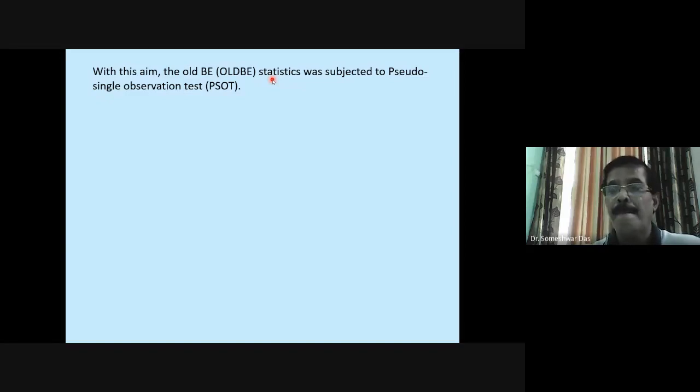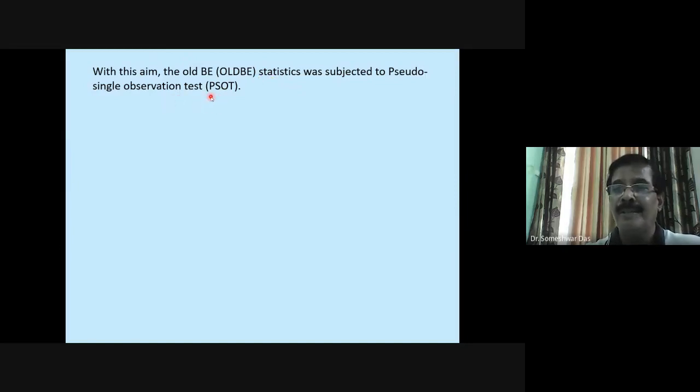How sensitive is the observation which you have collected from your courtyard? Obviously, you will be curious to know whether your observation is making any impact on the analysis or not. And for that, you can do a pseudo single observation test.